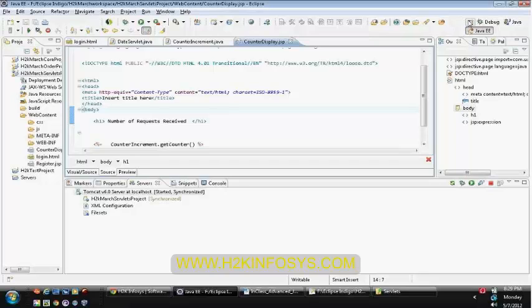So that means for each and every client request, let us say this is client 1, we have sent the first request, that was handed over to our first servlet, and the response has been sent back.